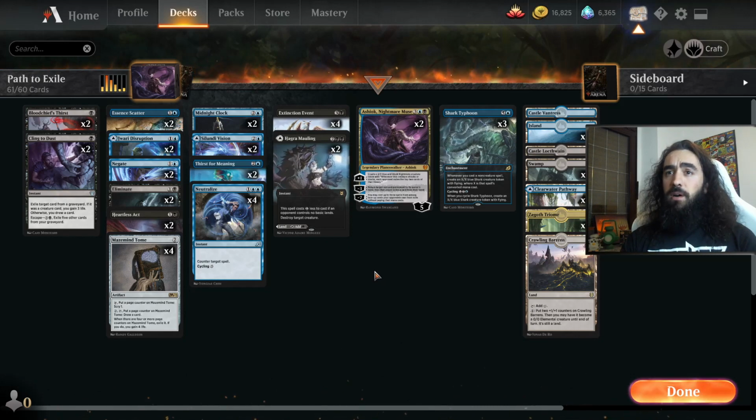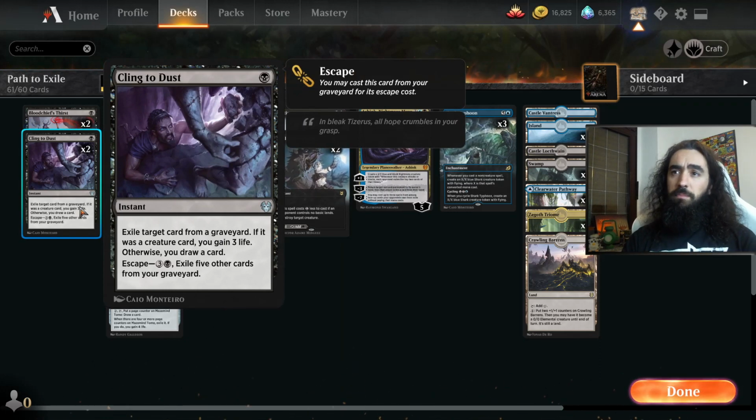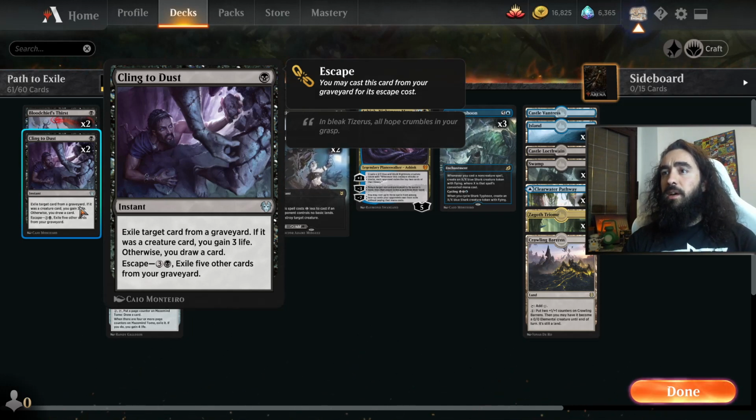For the Exile path part of the deck, we have two Cling to Dust to remove creatures, also at instant speed. Also, if they're trying to revive them, you can still exile them as they're still targeted on the stack. What it doesn't work against is if creatures are escaping. So if you see that an opponent tries to escape a creature or has anything in his graveyard, like the Phoenix, to escape, do it before he has the possibility to escape it,